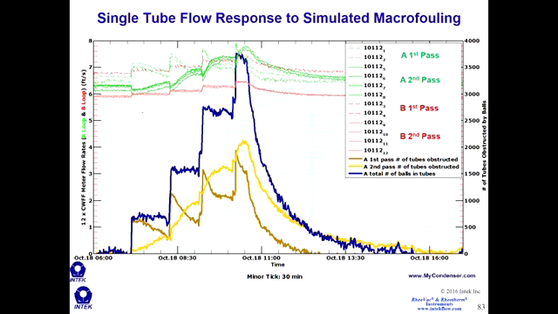And so what we did is use these velocities to calculate the number of tubes obstructed by the balls. And so that's what's shown here in the yellow and blue lines. And so you can see here that the first pass immediately gets obstructed. That's why it shoots up to about 1,100 balls, which is what we inserted. I think we inserted 1,000 actually on the first injection. And